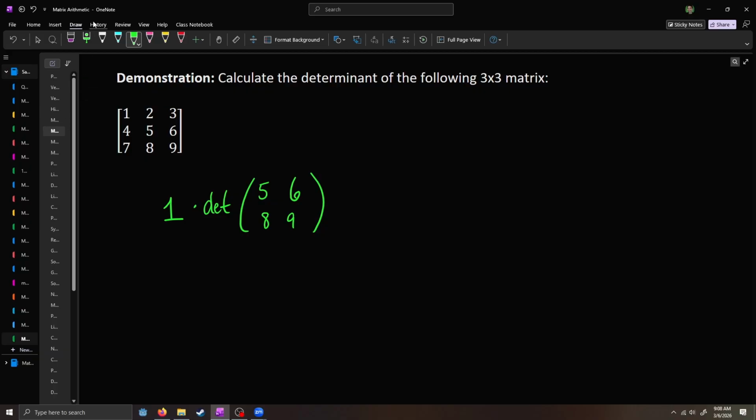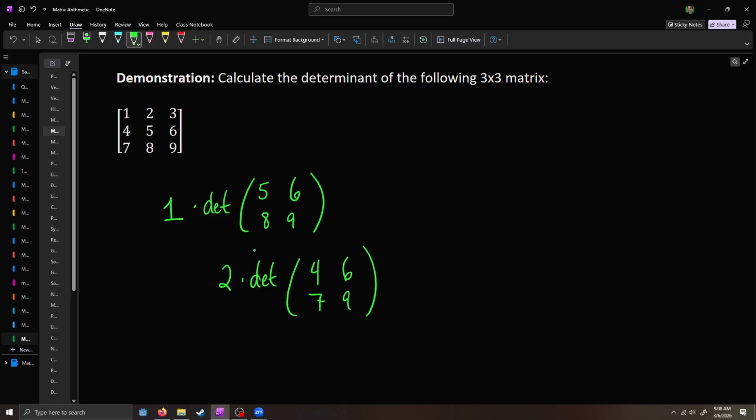Then I'm going to pass to the second entry in the top row. So moving over to the number 2 in the top row, I'm going to extract the number 2, and then I'm going to go into the matrix and cross out the row and the column containing that 2. And what's left behind, if I cross out that row and column, is another 2 by 2 matrix consisting of 4, 6, 7, 9. So I'll go ahead and multiply 2 by the determinant of that smaller matrix, 4, 6,